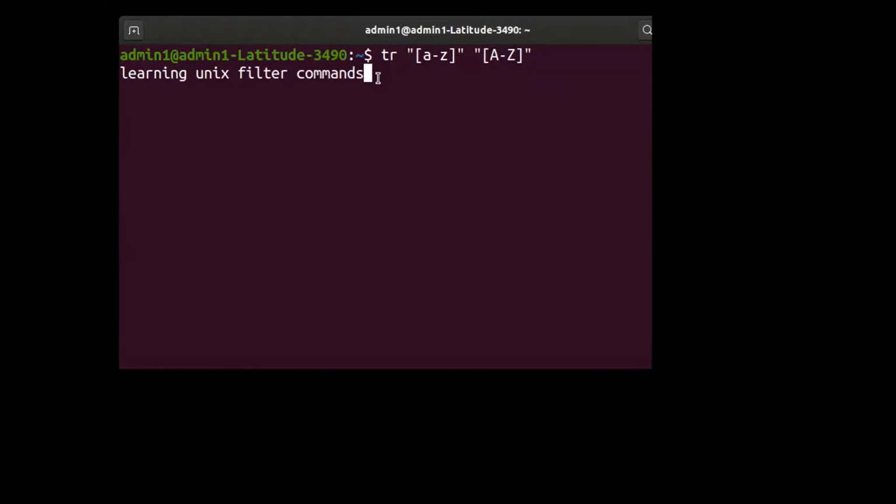This happens the moment I press enter, and hence the output will be reflected on your standard output device itself. So this is how the tr command works. Let us take one more example.